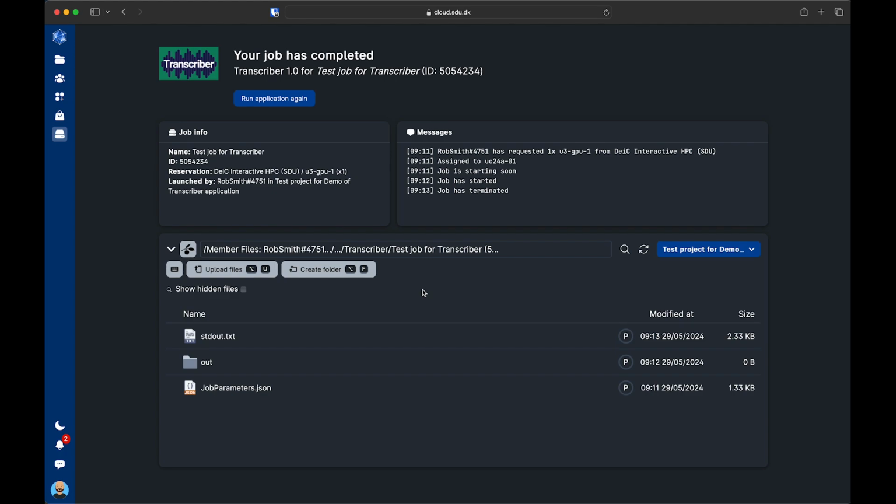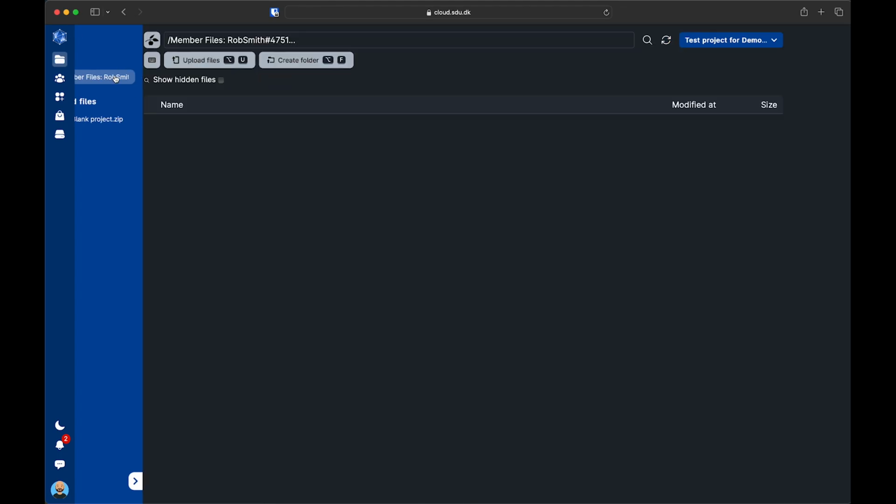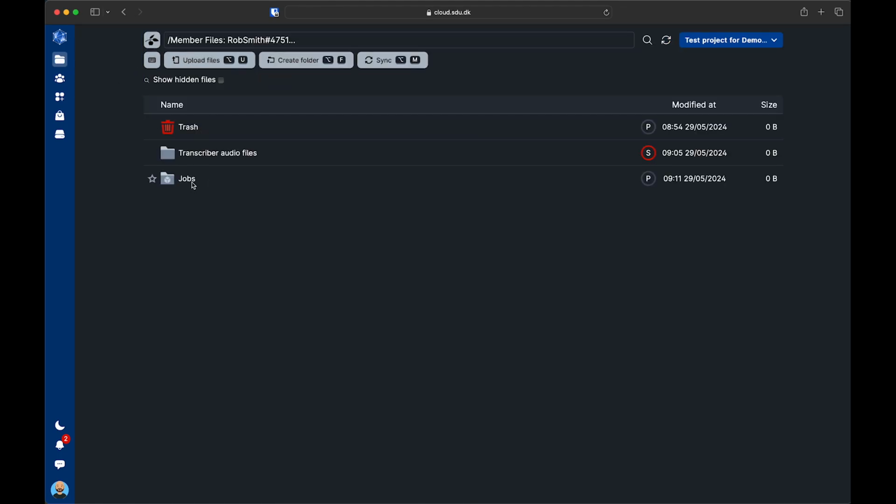I ran this job without specifying an output folder, and you can see that all of the outputs of this job are not marked as sensitive files in this file browser window down at the bottom here. That's a problem if you have sensitive data in your project and you're supposed to send it to a sensitive data folder. To fix that, my recommended remedy is to navigate to your member files, where after running the job